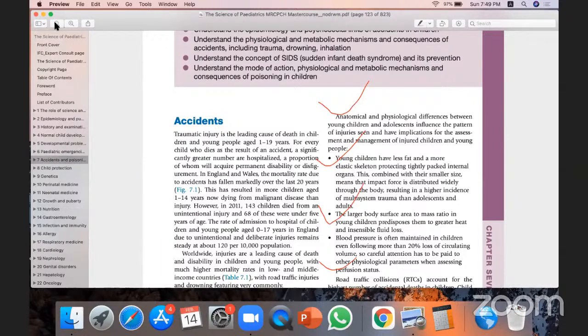So these important things, like larger body surface area, and their blood pressure is often not so well maintained, contribute to accident and poisoning. So read these few lines from this page. Next,